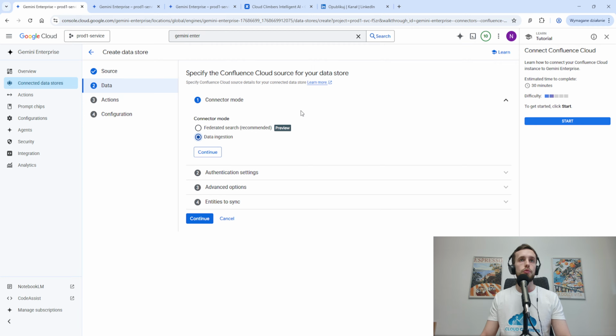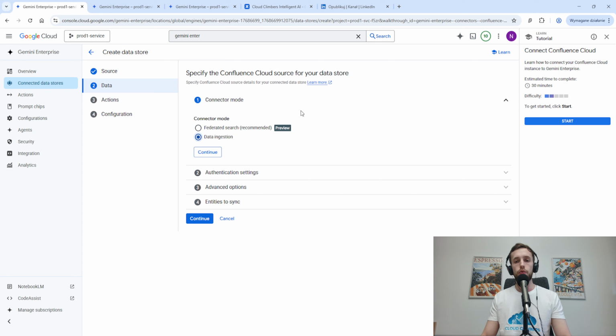So this will be better regarding search quality, but the security will be problematic, because all data that will be ingested into the Gemini Enterprise storage will be